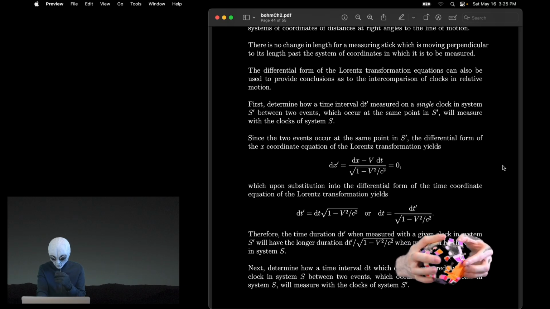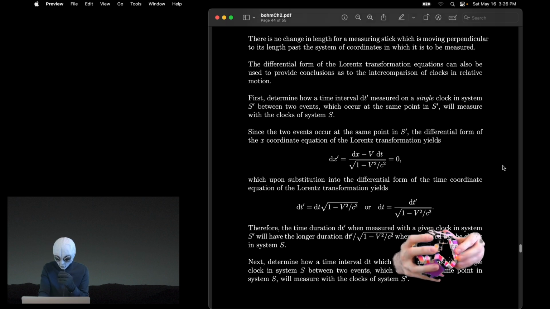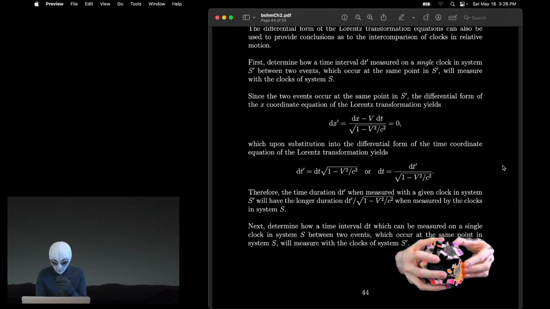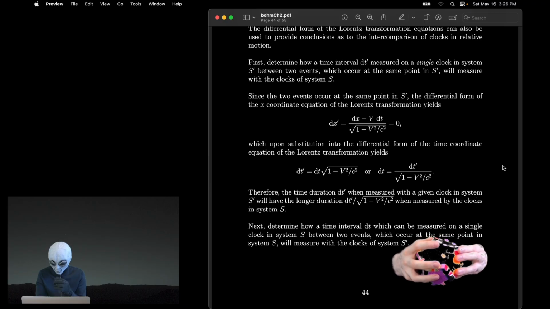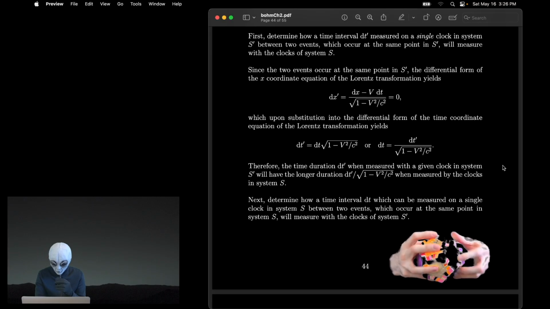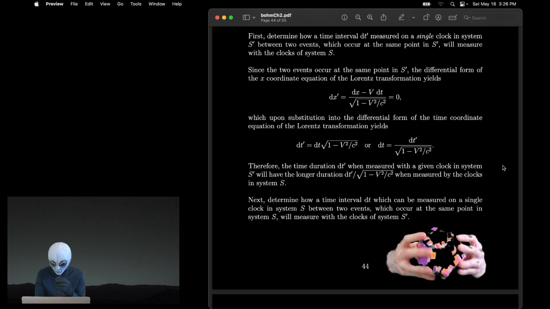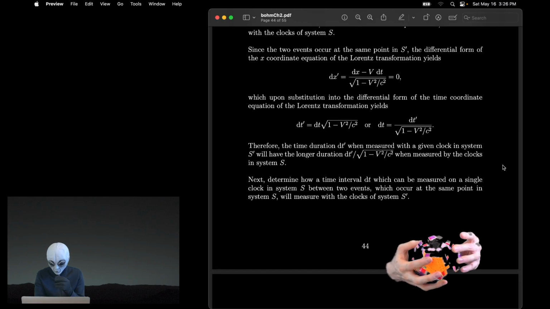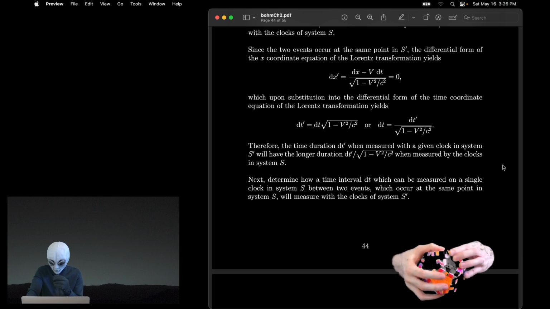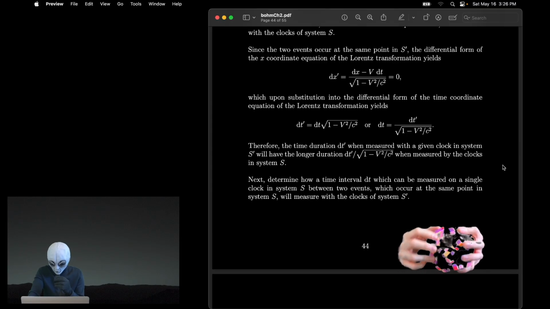The differential form of the Lorentz transformation equations can also be used to provide conclusions as to the intercomparison of clocks in relative motion. First, determine how a time interval dt prime measured on a single clock in system capital S prime between two events which occur at the same point in capital S prime will measure with the clocks of system capital S. Since the two events occur at the same point in capital S prime, the differential form of the x-coordinate equation of the Lorentz transformation yields dx prime equals a fraction with the numerator of dx minus capital V dt all over a denominator of the square root of 1 minus capital V squared over little k c squared, and this fraction is equal to 0, which upon substitution into the differential form of the time-coordinate equation